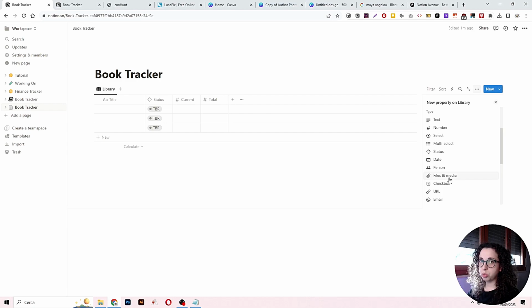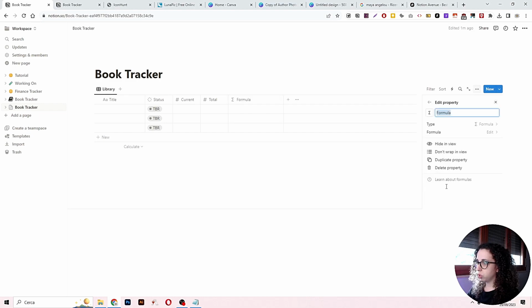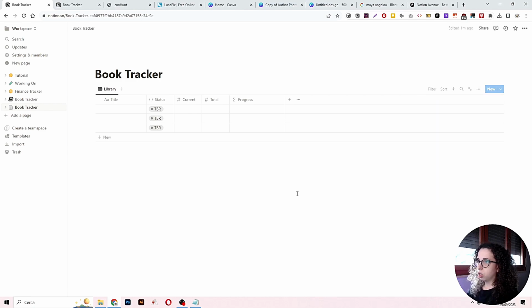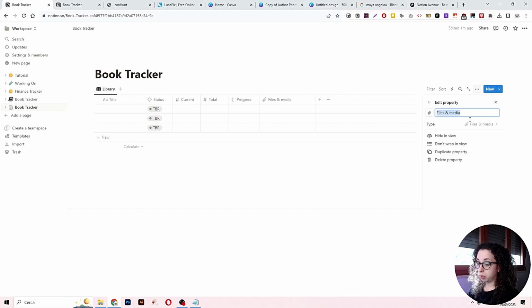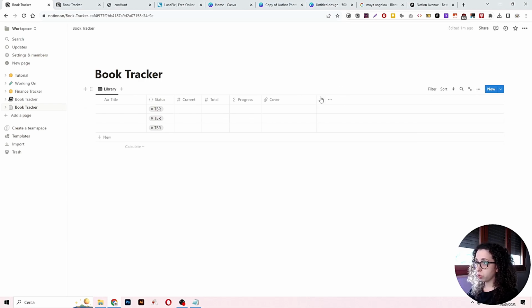Let's add the formula. It's going to be our progress bar. So let's add the formula. Let's call it Progress. And then I add a new property that is going to be Files and media for our cover. Okay,